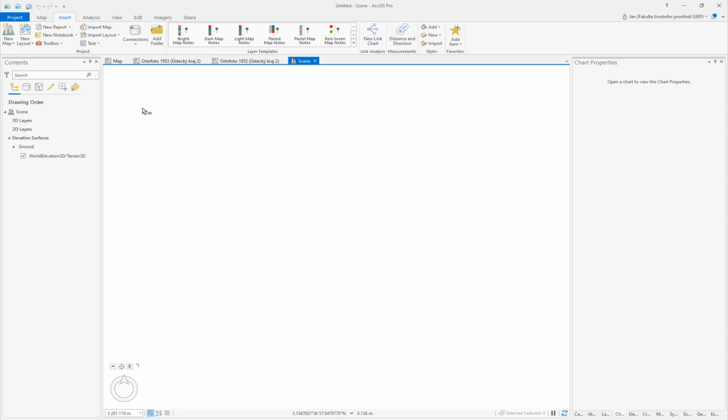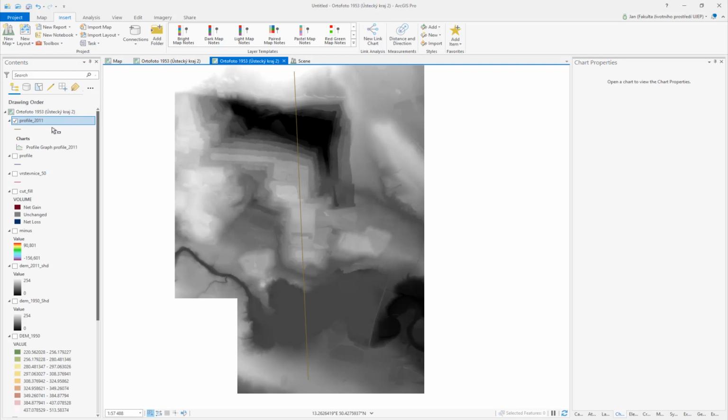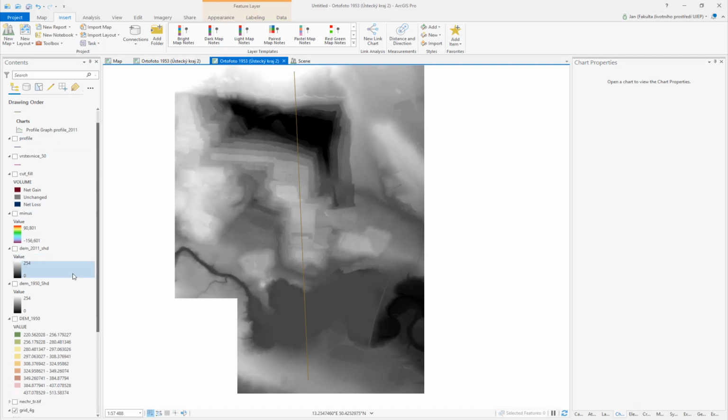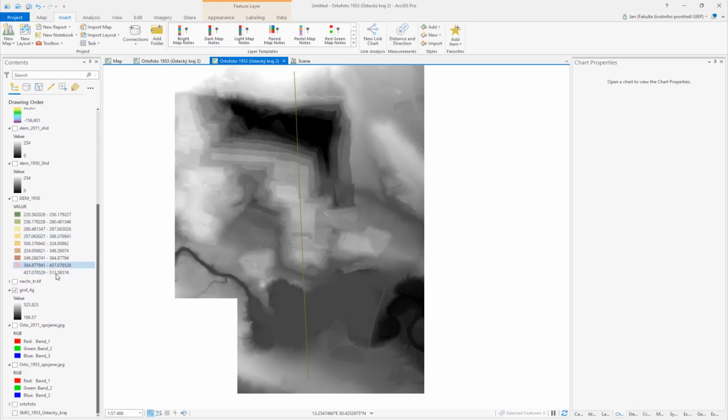So here in the scene, now we are turning from the analysis because these are two ways how we can analyze the changes, with the minus analysis and then with the profile graph or the cut and fill analysis. So now here, I bring in the DM in the scene,